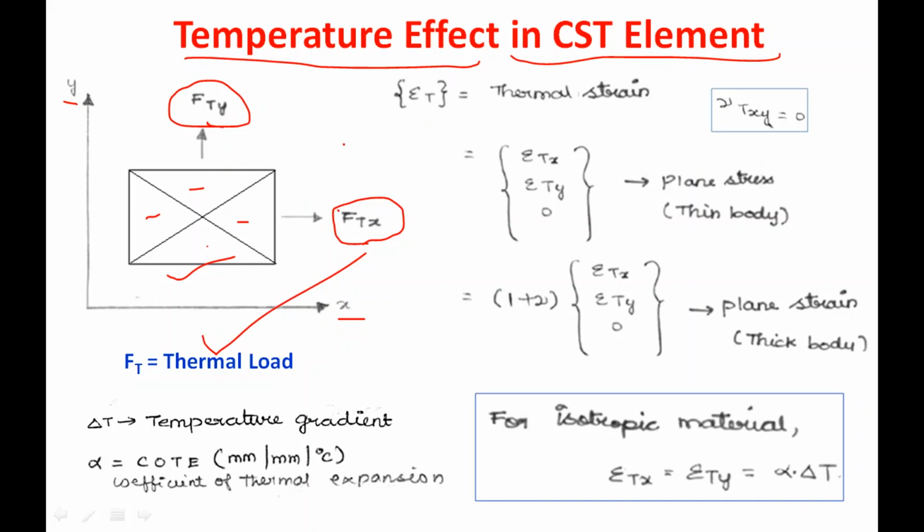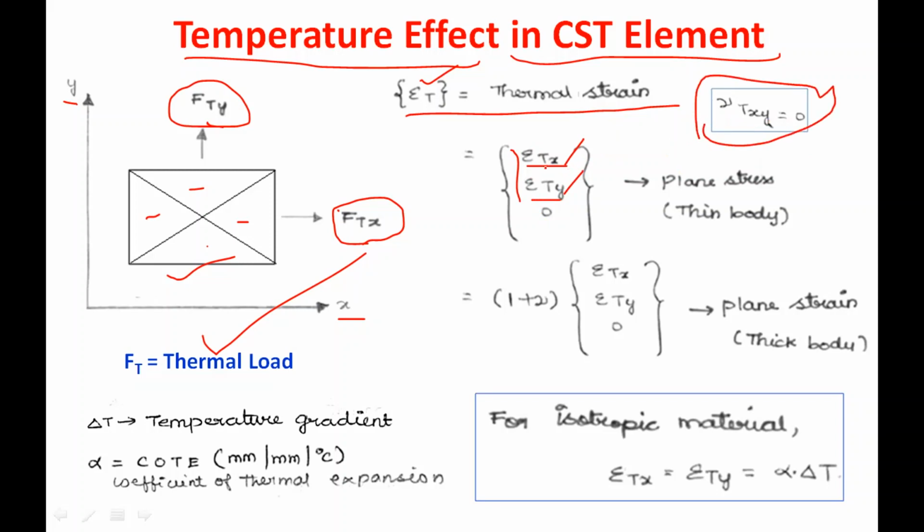For that we are going to start from the definition from the strength of materials. So here we are going to start from the definition of thermal strain. So epsilon T is the thermal strain for this particular element. Because it is a two-dimensional element, we are considering the two normal strains and one shear strain. For this case, the strain due to the temperature change is considered only along the normal x and y direction. Shear strain due to the temperature change is neglected, which is considered as 0.